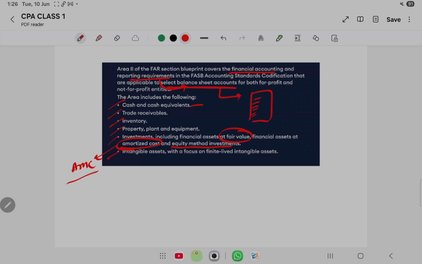These areas, how do we handle the same, how do we recognize it, how do we calculate it, at what value, like the fair value or the cost, at which method we are going to